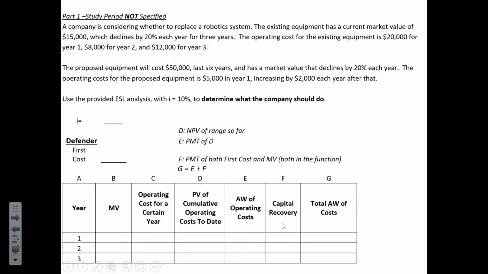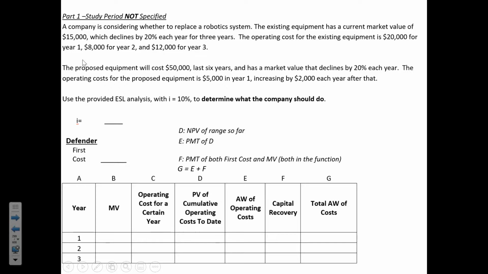Finally, capital recovery, of course, is where you're going to be using the payment function and putting in both a present value and something in the future value field. So the present value will be your first cost. The future value will be whatever market value remains for the row that you're on. And then column G, the total, is operating costs and capital recovery. All right, so